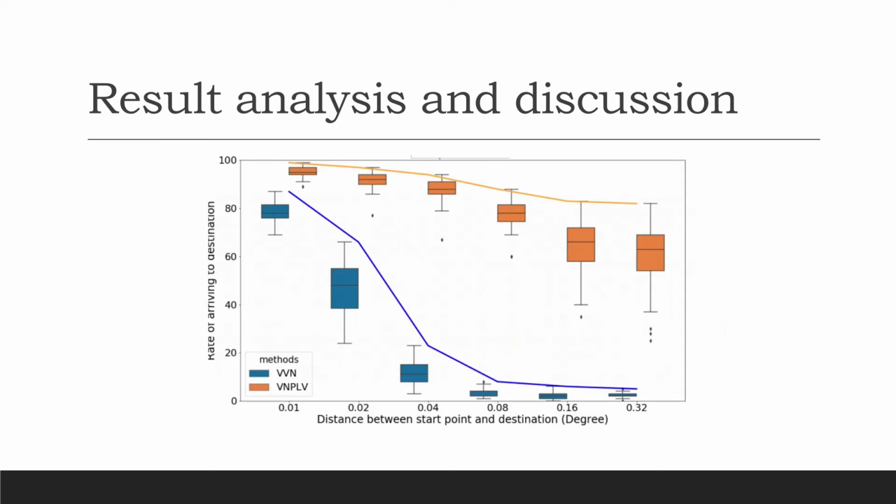In this picture, the change in the rate of arrival to the target is more obvious. In the vanilla vessel navigator, the number of successful trips tends to zero when the distance between the source and the destination increases. However, our model is robust to these changes, and it doesn't affect the number of successful trips when we use our model to find the best path from the source